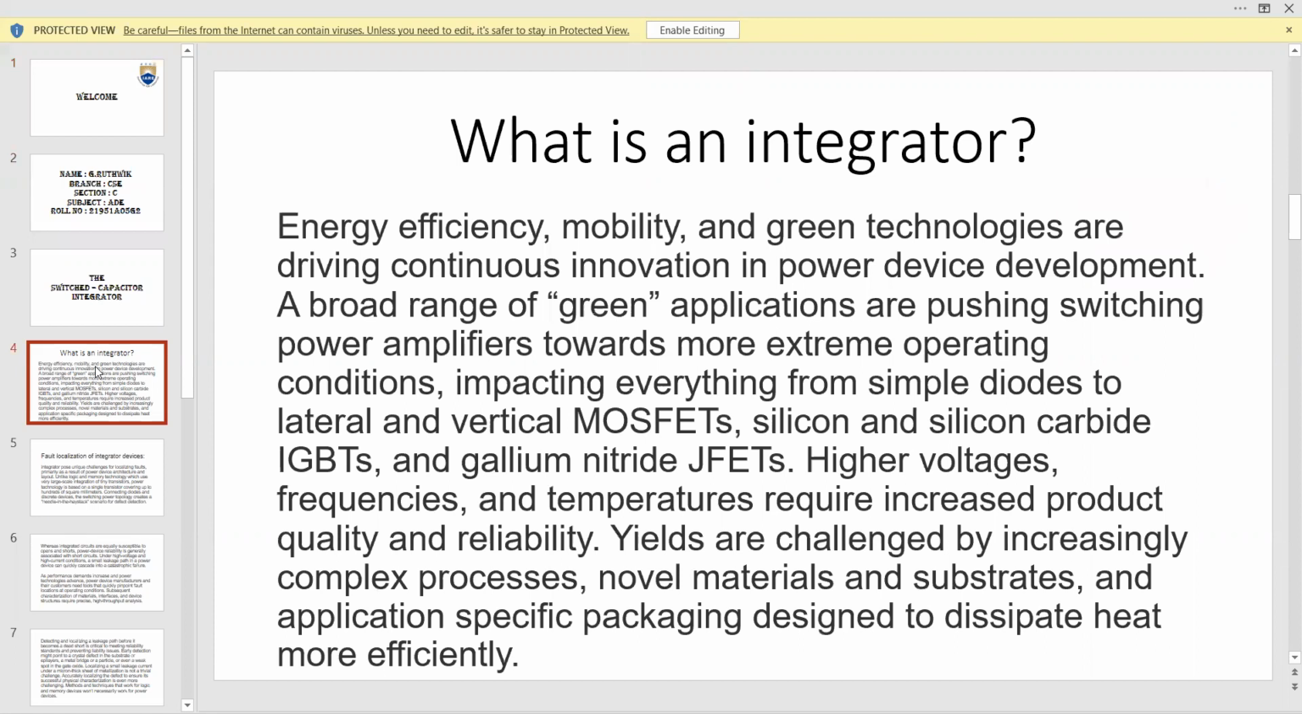What is an integrator? Energy efficiency, mobility, and green technologies are driving continuous innovations in power device development. A broad range of green applications are pushing switching power amplifiers towards more extreme operating conditions, impacting everything from simple diodes to lateral and vertical MOSFETs, silicon and silicon carbide, IGBTs, and gallium nitride JFETs. Higher voltages, frequencies, and temperatures required increase products